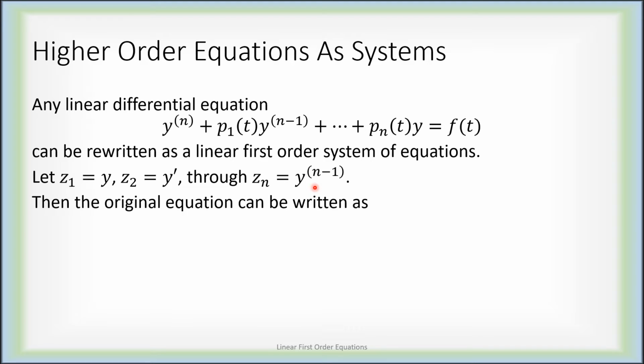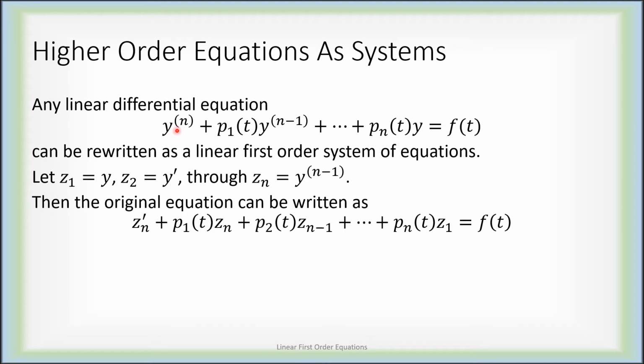So the original differential equation then, the nth derivative is just the first derivative of zn. So zn prime plus p1 times, well, hey, the n minus first derivative of y is what I defined to be zn. The n minus second derivative of y was zn minus 1, and so forth, all the way down until y itself was just z1. So the original equation can now be written in terms of my z1 through zn, and the only derivative that